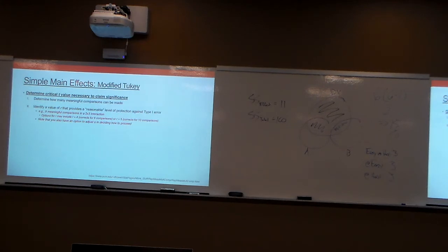Well, I need to find an R that reasonably accounts for 9 comparisons. If I set R to 4, that's going to correct for 6 comparisons. Okay, that's probably a little light. If I set R equal to 5, that's going to correct for 10 comparisons. A little more stringent than what I want to do,